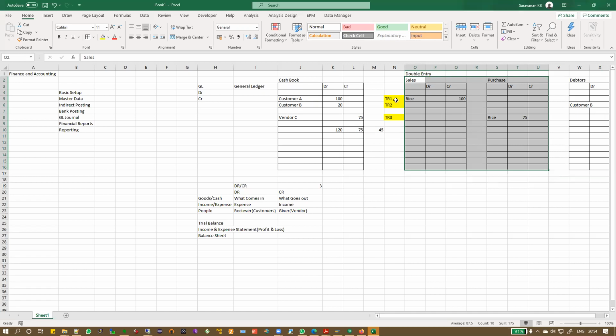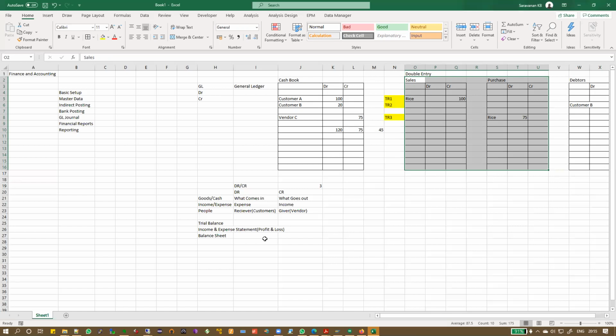Now, very often people confuse this with cash. No, there's nothing to do with money. You might have sold, you might have bought something, but you may not have paid the customer 1 rupee, or you may not have paid the vendor 1 rupee. It doesn't matter. Still, you will have an income and expense. Okay. So income and expense means it deals with physical movement of goods and services. Okay. So if you give out services and goods, it is sale. If you receive services and goods, it is expense or purchase.